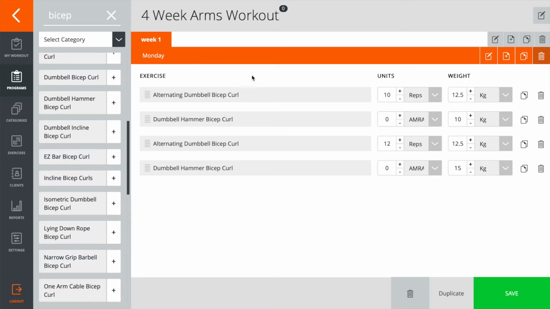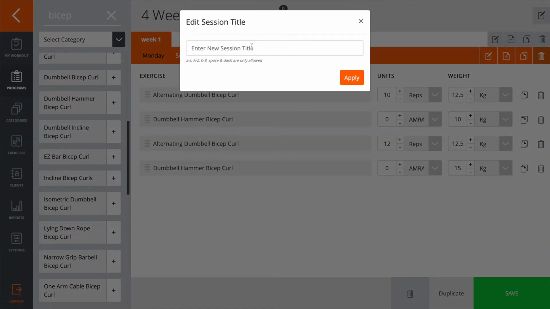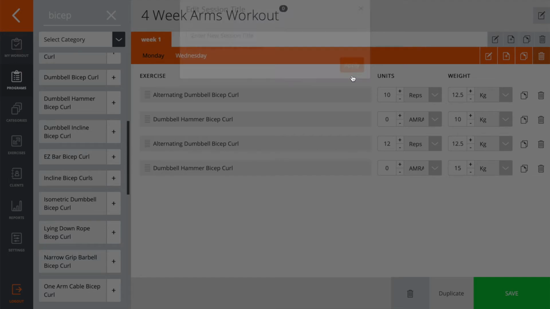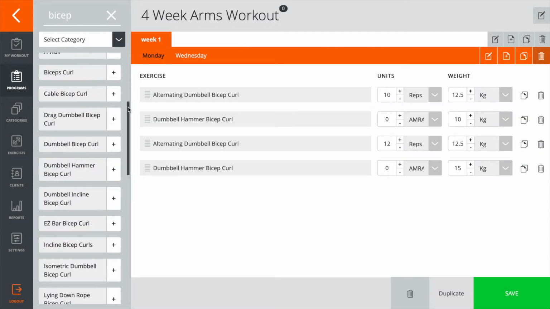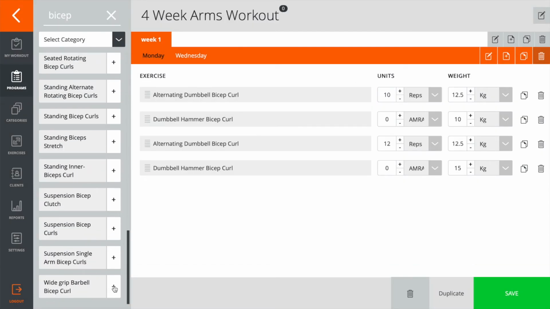Now, assuming you want to do a similar thing on the next session, all we have to do is click the duplicate icon over on the right here, and there you have it, session 2 cloned already. Let's go in and call that Wednesday. And click apply. And on Wednesday's session, I'm going to add in a wide grip barbell curl as well. Let's put that at 15 reps